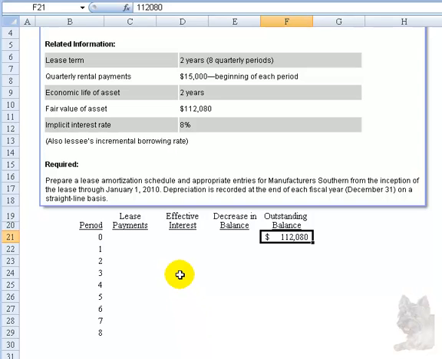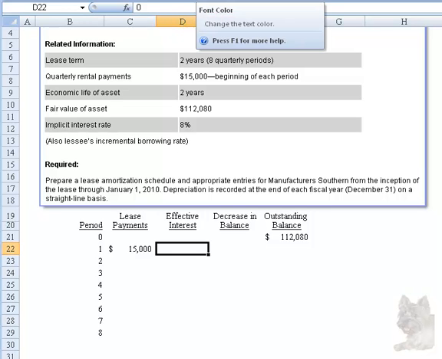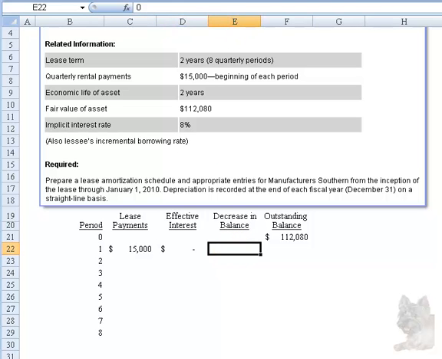Now the payments are made at the beginning of the period, so at the beginning of period 1, we know there's a $15,000 payment. Since that's exactly when the lease is signed, there's no interest that's accrued. So the effective interest, essentially the interest that's owed at that point, is 0, right? But we do decrease the balance by 0 as well. This is the decrease in the balance of the outstanding, I'm going to call it the lease obligation. But by the end of period 1, we record the reduction of the $15,000, and that gets us to